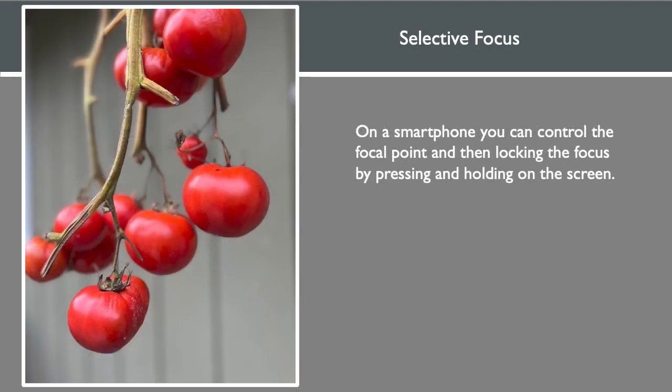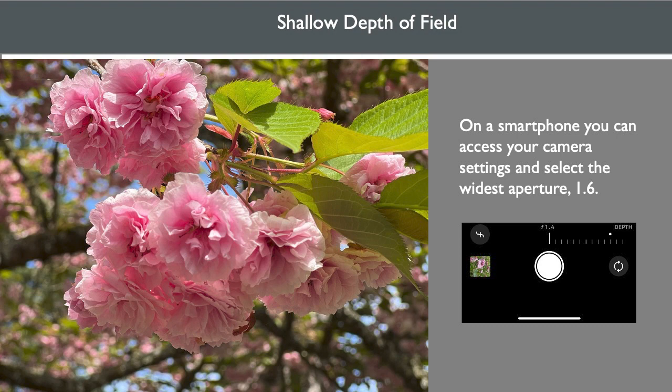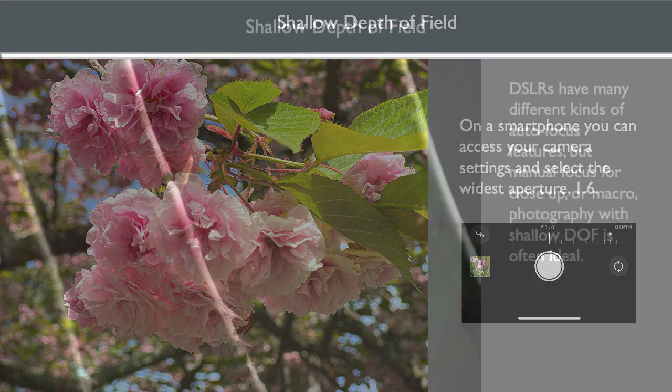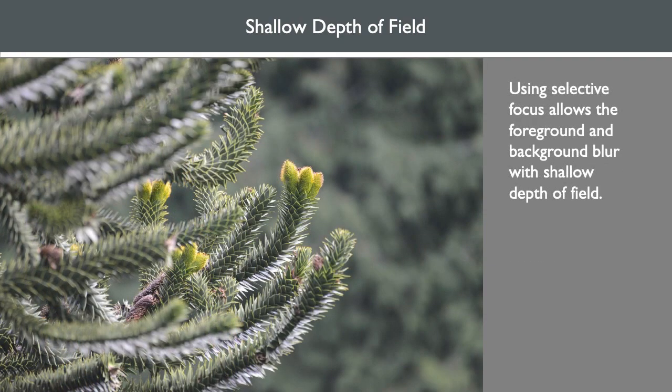On a smartphone, you can control the focal point and then lock the focus by pressing and holding on the screen. On a smartphone, you can access your camera settings and select the widest aperture. If you're using an iPhone, you can do this in portrait mode. On Android phones, you go into Pro mode. DSLRs have many different kinds of autofocus features, but manual focus for close-up or macro photography with a shallow depth of field is often ideal. The foreground or background can fall off or be out of focus with shallow depth of field